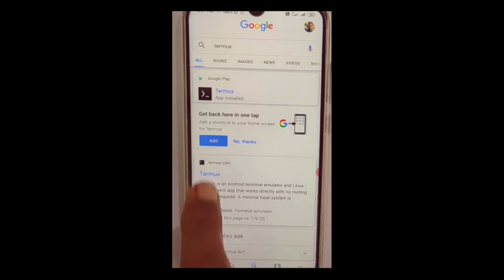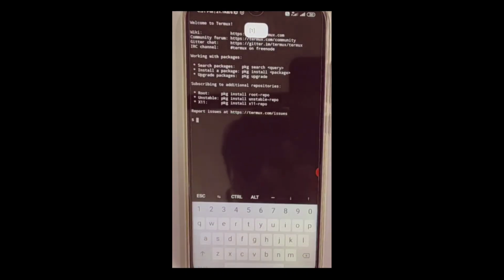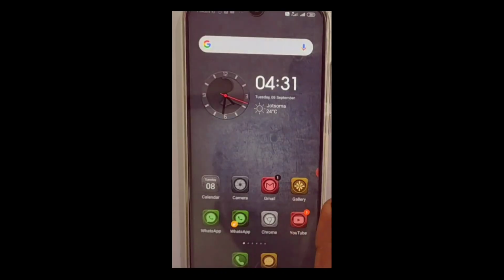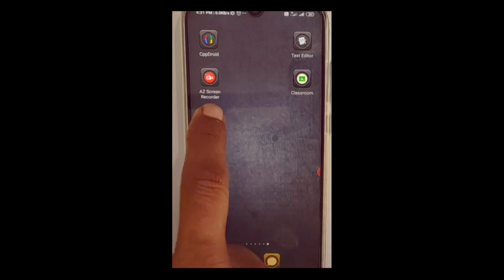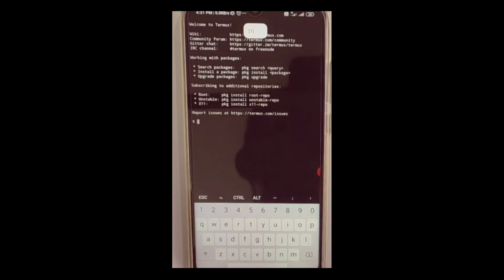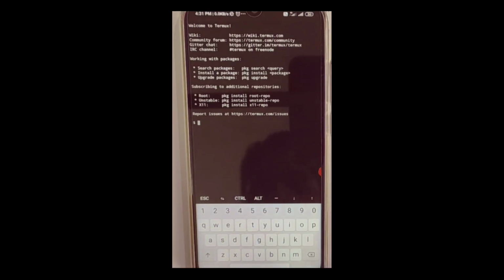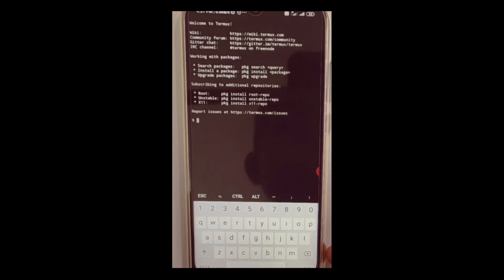I have already installed it, that's why it is showing here. After installing, you can go to your installation folder and you can see the interface. Click it and you can see some command lines. So this is the interface of Termux.